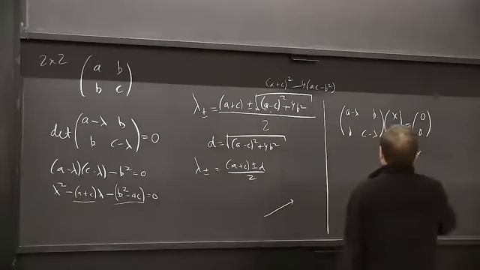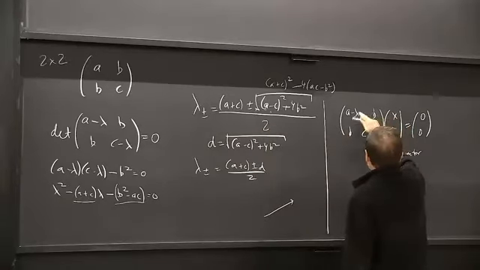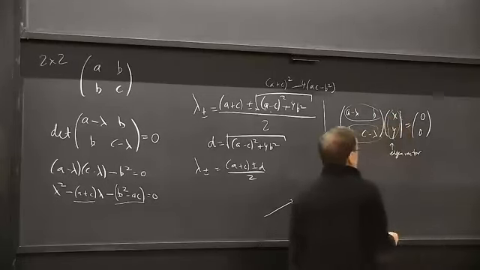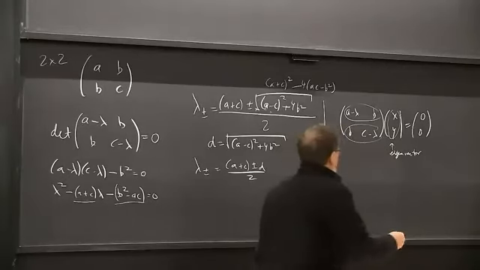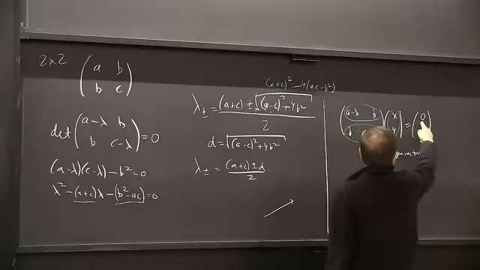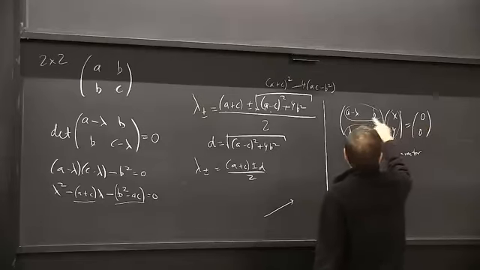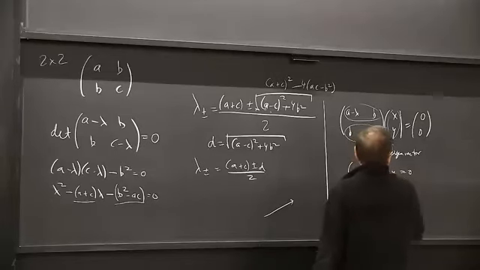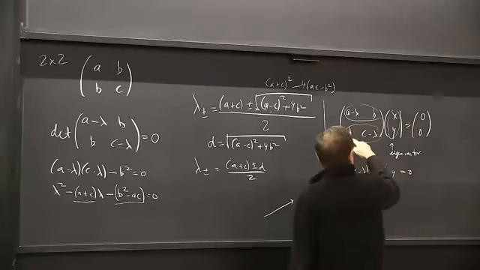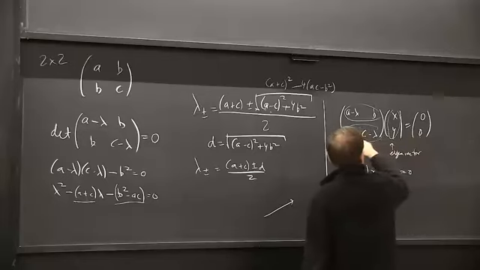So what does this mean? Well, it means that there's a relationship between this vector and that vector, and between this vector and that vector, namely they're orthogonal. So why is that? Well, this 0 up here comes from multiplying this row vector by this column vector. So it's (A minus lambda) times x plus B times y is 0. That's the first equation. And then the other 0 comes from multiplying this row vector by that vector. So I get Bx